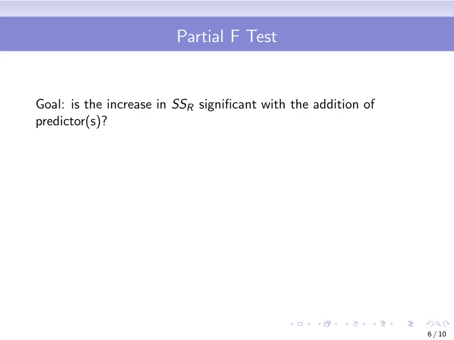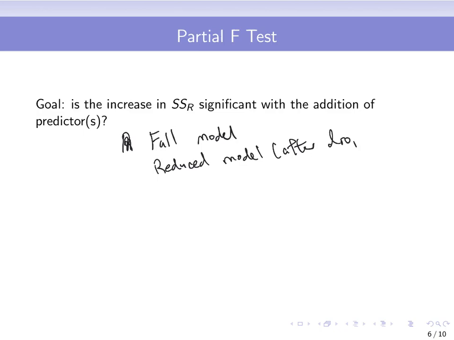So really what we are assessing in the partial F-test is whether the increase in the SSR or the decrease in the SS residual is significant with the addition of predictors. The partial F-test always works in this situation. I always like to think and write out what my full model is, and what my reduced model is. The reduced model is the model after dropping some predictors,